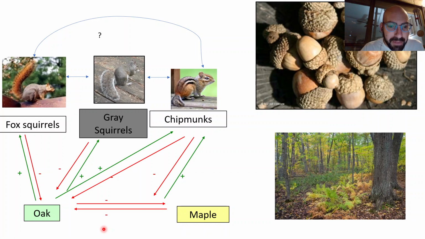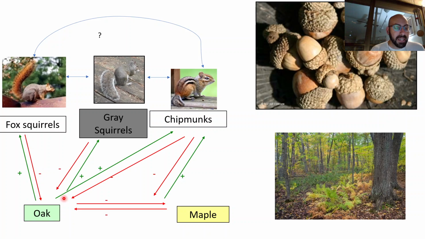So if I look at this diagram here, I can look at a couple of interactions. Fox squirrels and oaks. The squirrels eat the acorns, the nuts of the oak. The acorns right here. And thus they are their predators. The gray squirrels also eat the same acorns. So the competition between the fox squirrels and the gray squirrels is both